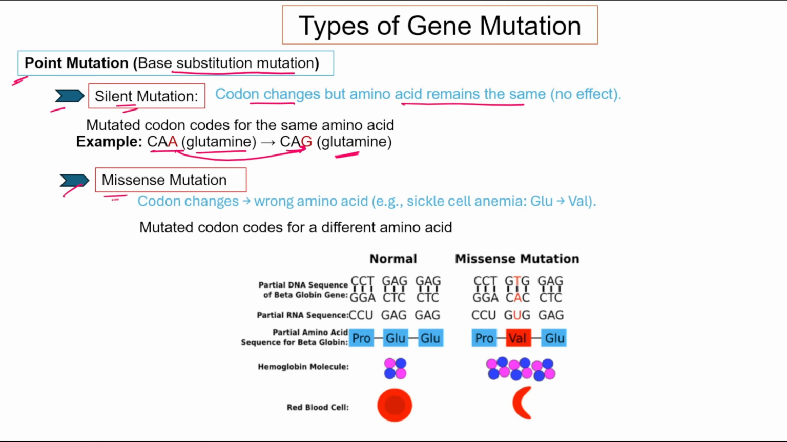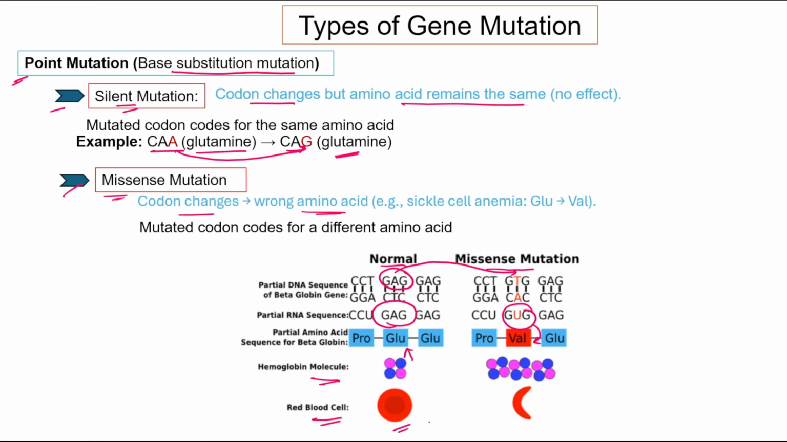Next is the missense mutation, where the codon changes and also changes the amino acid. For example, this is the normal and this is the missense mutation, where GAG codes for glutamate. But after GAG changes to GUG, a change happened in the DNA, where in GAG, A changes into T. Then after mRNA, GAG codes for the glutamate amino acid and GUG codes for valine, and that affects the hemoglobin molecule,